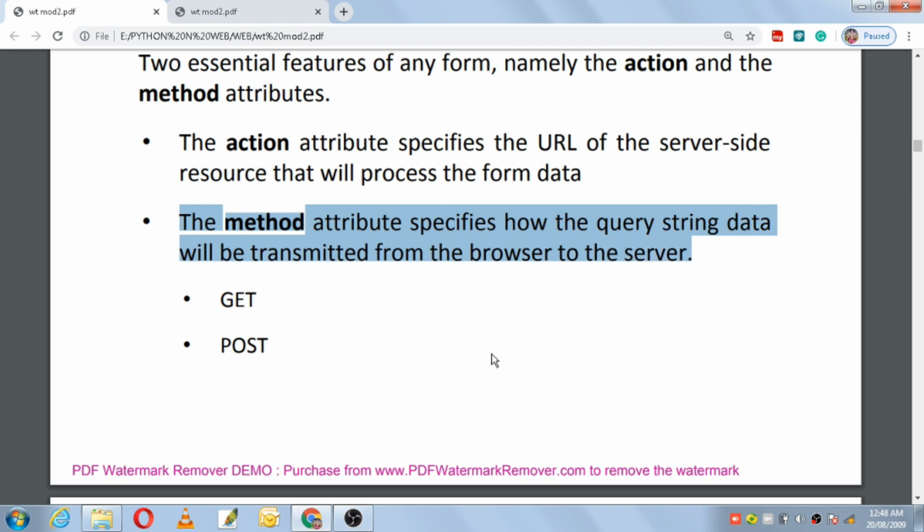As we have seen, what is a query string? Query string is the one which will store the form data values, and that query string has to be packaged in an HTTP request. What is the format of a query string? That is name is equals to value pairs. Query string is nothing but name is equals to value pairs, and that query string has to be packaged in an HTTP request, and that HTTP request moves from the browser to the server. How that query string is transmitted from the browser to the server, that method itself is of two types. Which are they? The get method and the post method.